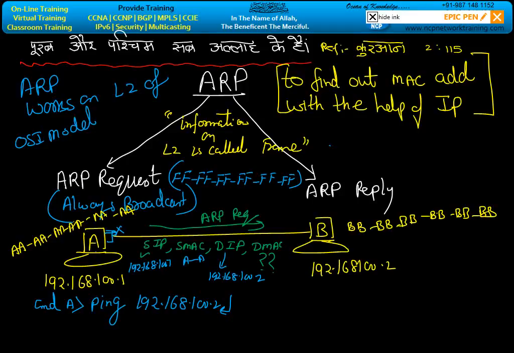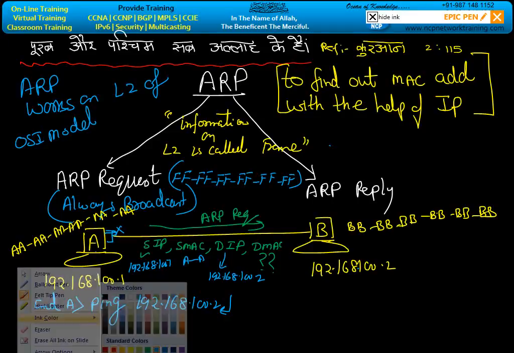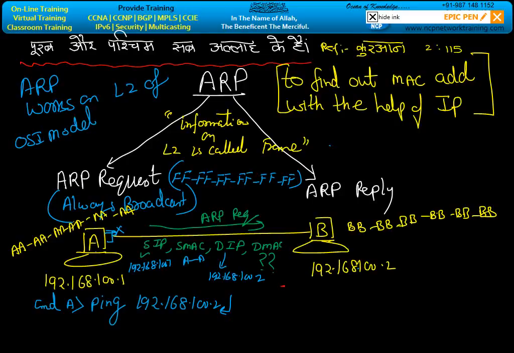When this machine listens, it will open the frame and find out that 192.168.100.2 is mentioned in that information. If somebody is calling me, my duty is to reply to the sender. This machine will send